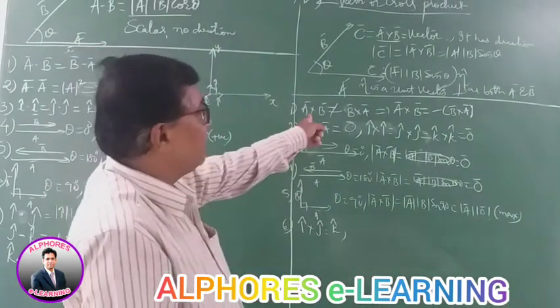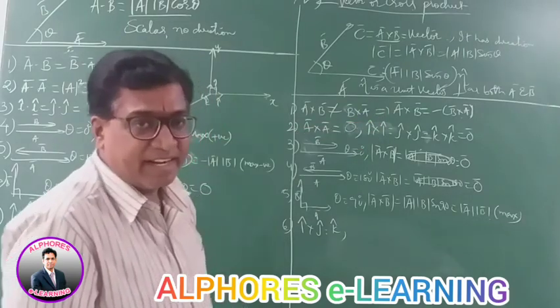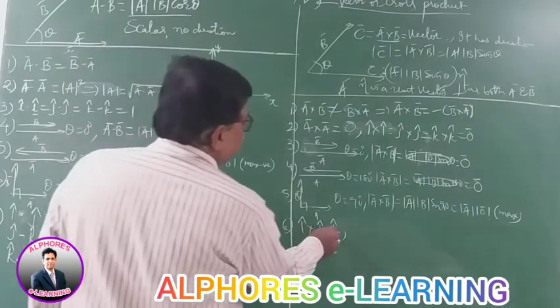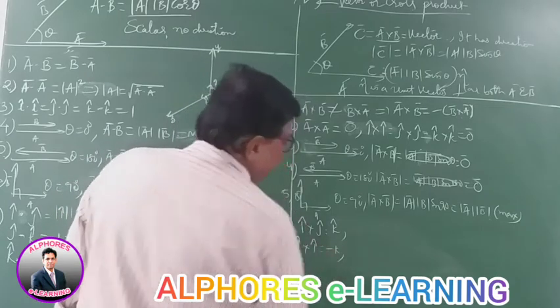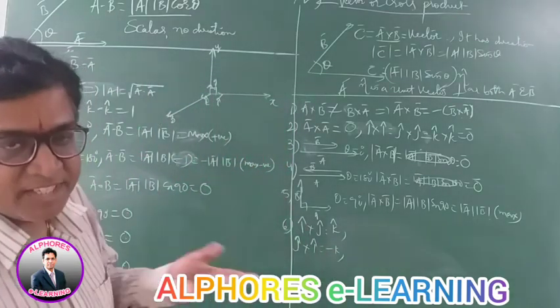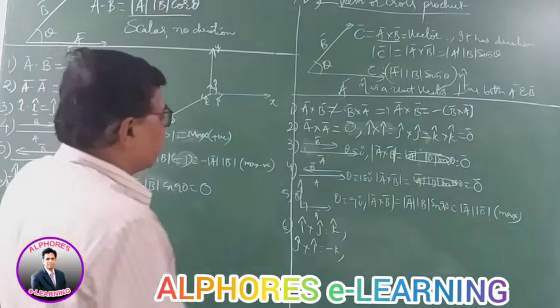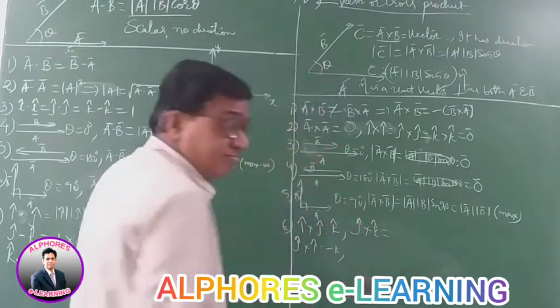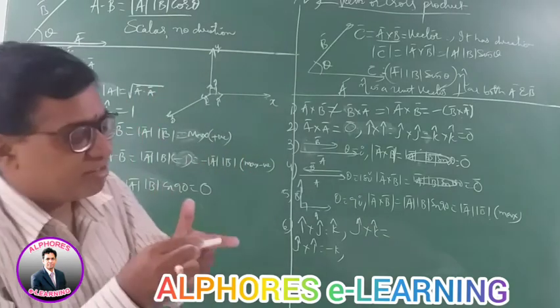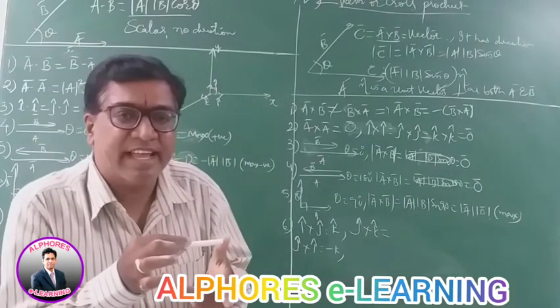Then according here, A cross B and B cross A, they both are negative, as we have written. So therefore, if i cross j is k, then j cross i is equal to minus k. Obviously it is a negative vector, the opposite vector. Next, similarly for j cross k, j and k are unit vectors along the y and z axis.